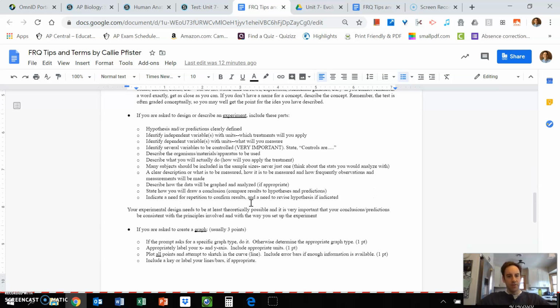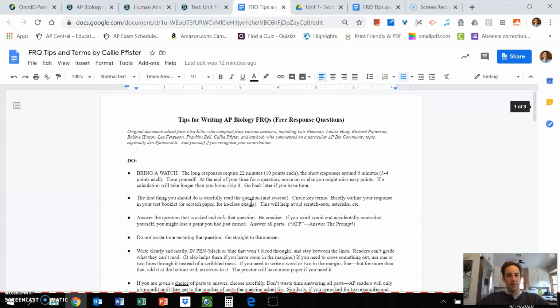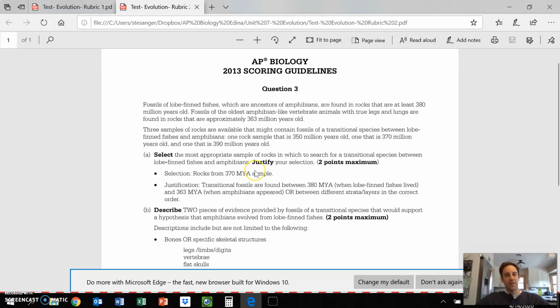And then there's a whole bunch of other stuff here that I really recommend you read on your own. So, getting to our specific test questions. The first one was these fossils of lobe-finned fishes, and you've got 3 samples of rock, 350 million, 370 million, 390 million years ago, and it says select the most appropriate sample to find that transitional species between lobe-finned fishes and amphibians. Well,